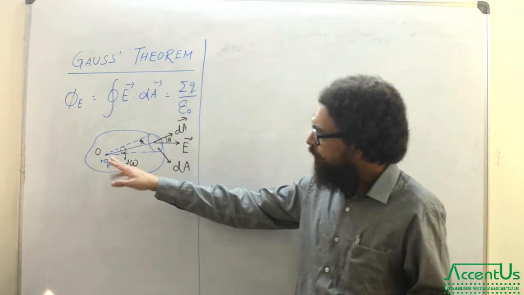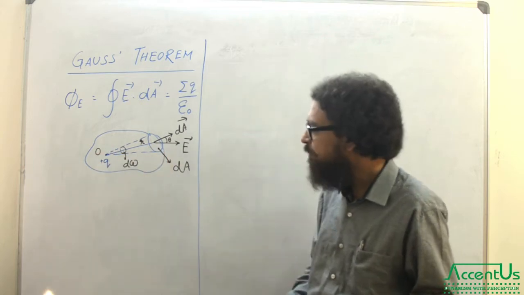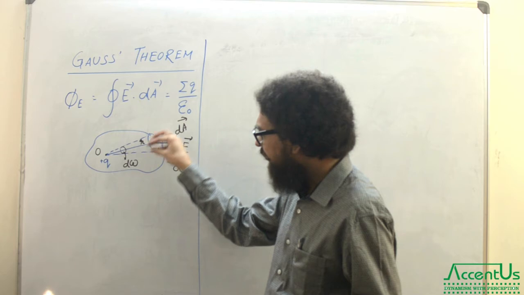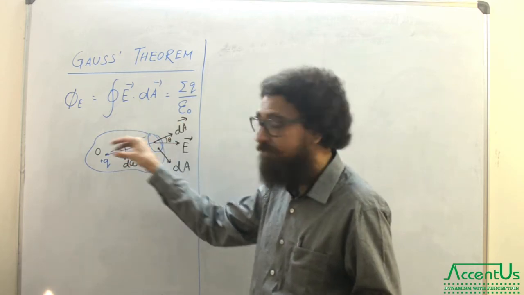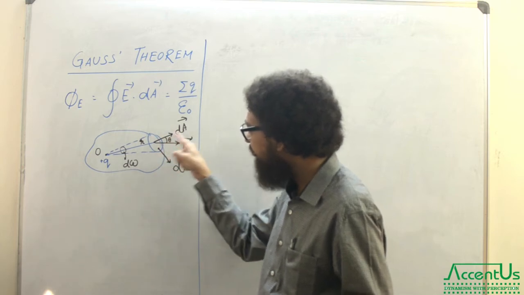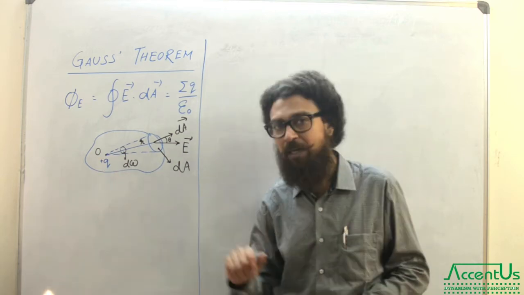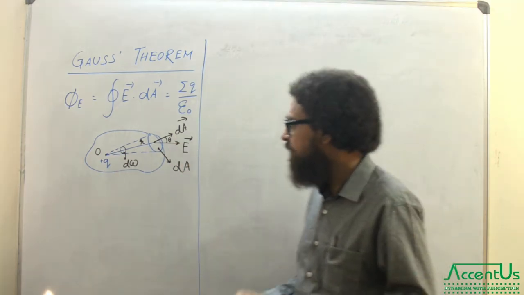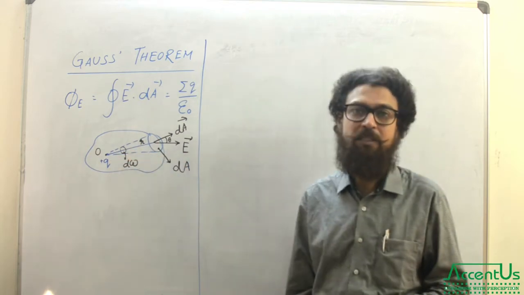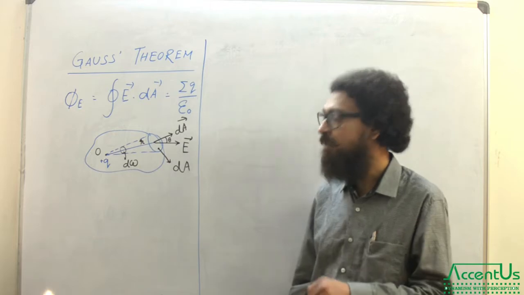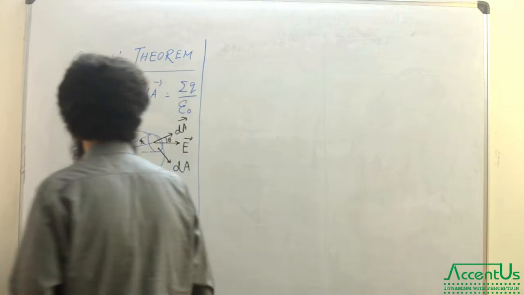So what we have done, we have placed a plus q charge at point O. Draw this diagram, and then we are trying to quantify the electric field through a particular surface, which is dA, having the unit vector in this direction, and the electric field here is E, due to this plus q charge, so they are having an angle of theta. This is the area, this is the radius, and this is the solid angle subtended by this particular area at the point O where the charge is placed. Okay, so let us prove what is Gauss's theorem.